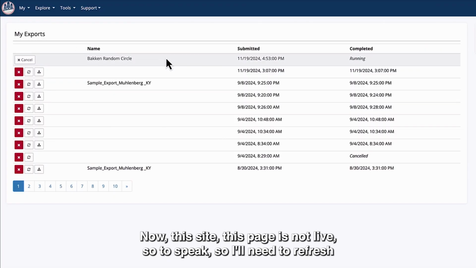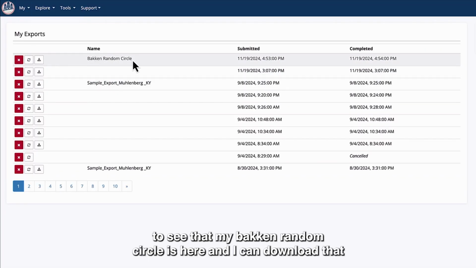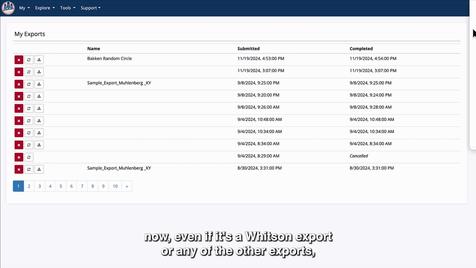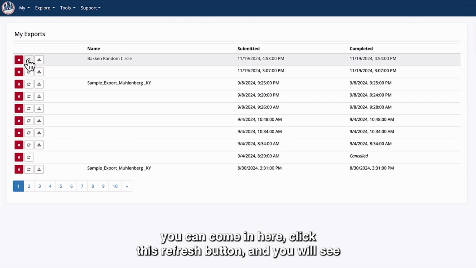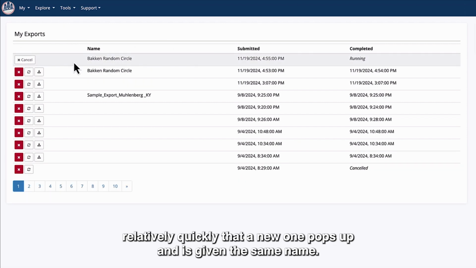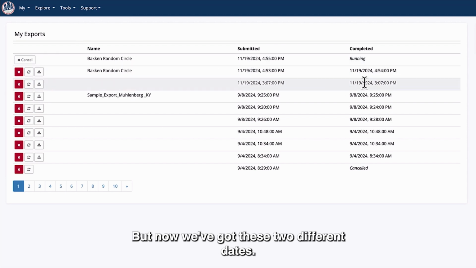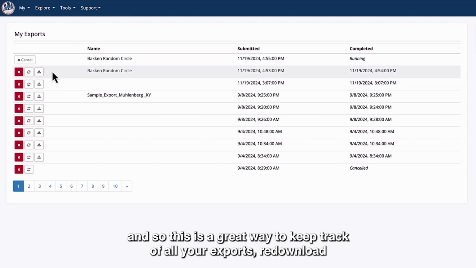Now this page is not live, so to speak, so I'll need to refresh to see that my Bakken random circle is here, and I can download that. Now, even if it's a Whitson export or any of the other exports, you can come in here, click this refresh button, and you will see relatively quickly that a new one pops up and it's given the same name, but now we've got these two different dates. This one's running. And so this is a great way to keep track of all your exports, re-download your old ones,